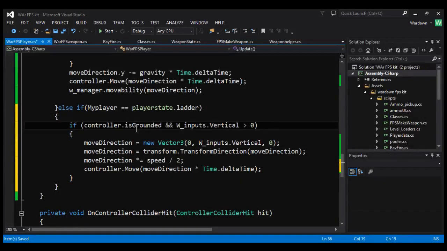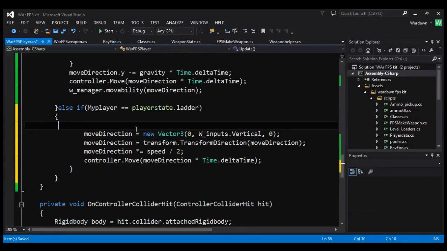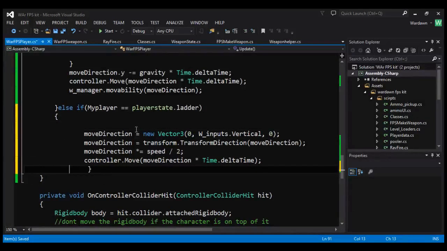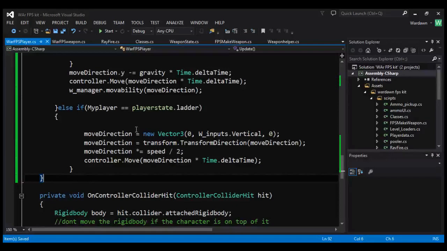So if he's just in ladder mode, we can do it by our inputs, and that will be fine for us. We'll just do it that way. By half our speed. Because the reason why I say that is we can have colliders for the ladder that will do the job for us on positioning him. Well, not positioning him, but